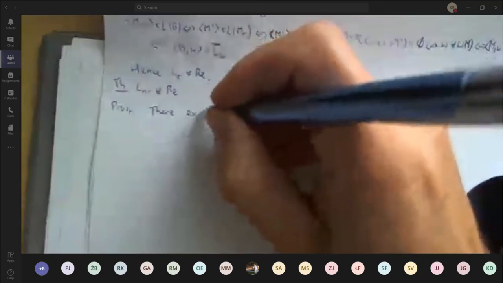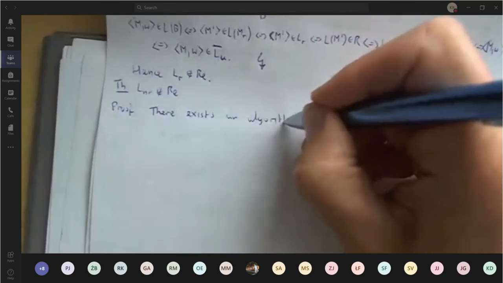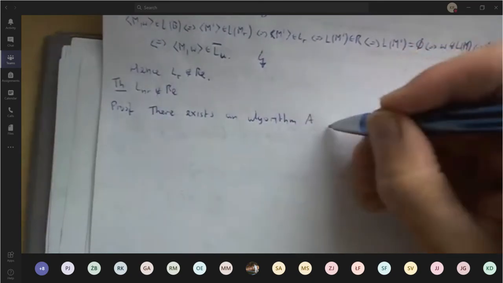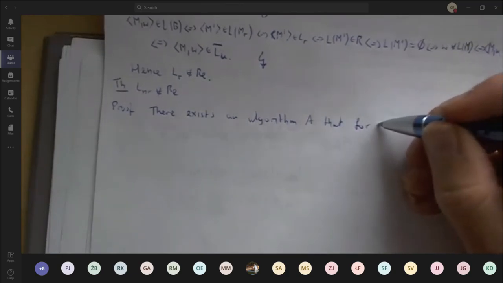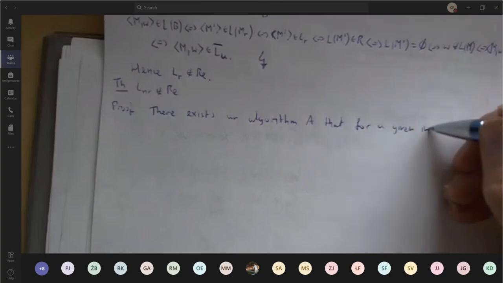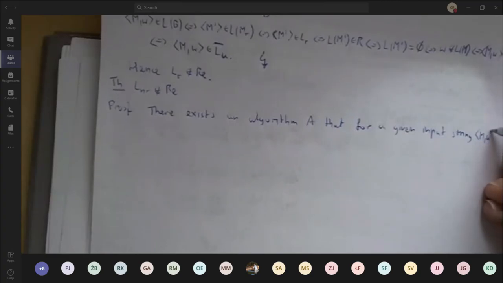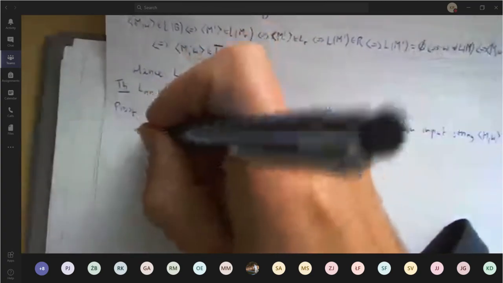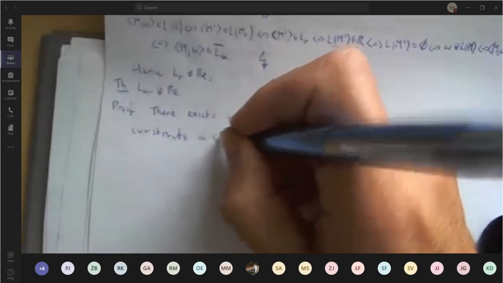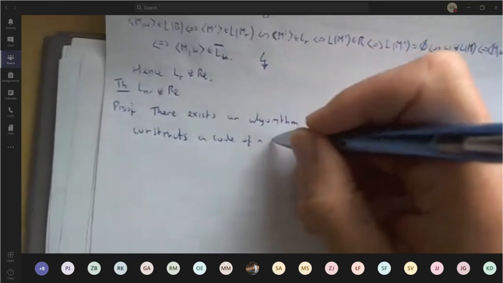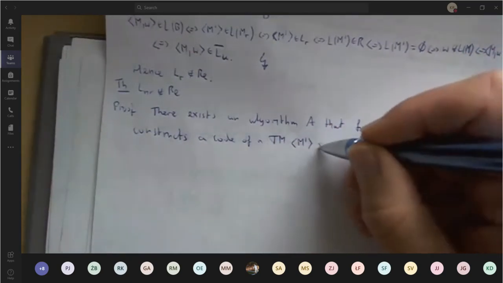So first observe that there exists an algorithm A that for a given input string MW constructs a code of a Turing machine, I will denote it again by M prime, such that